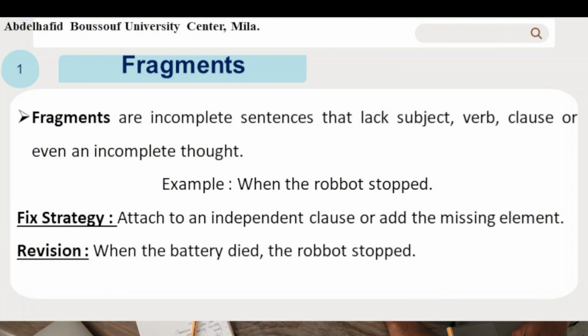Let's revise the sentence or the example. When the battery died, the robot stopped. For example, you can fix it in a variety of ways or revise it in so many ways. I can say, when the robot stopped, and then I give another reason. I say, when the robot stopped, the delivery got delayed. For example,